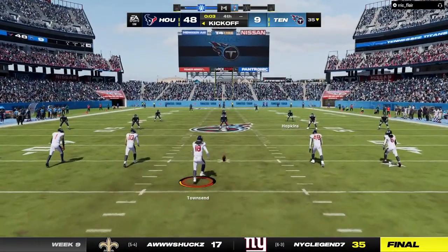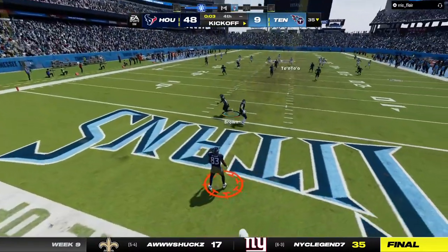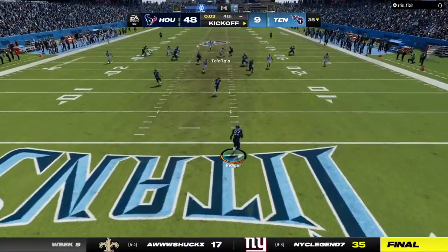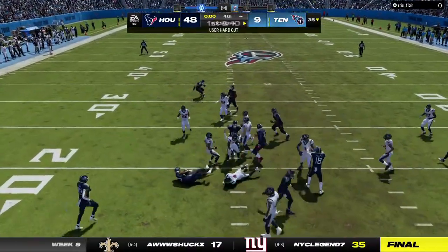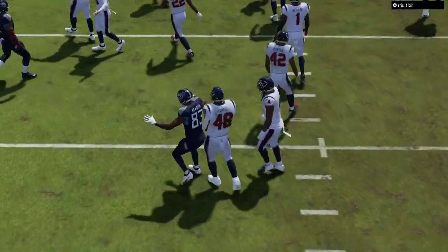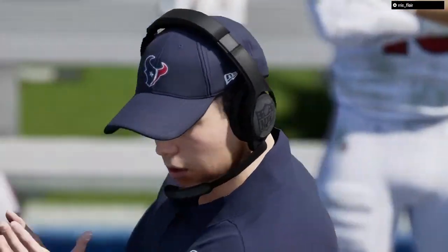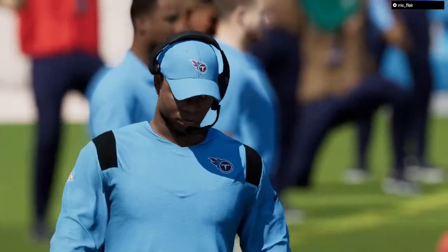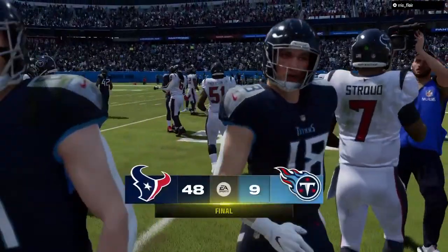These kickers now, it's like we take them for granted. Kicks like that used to be such a big deal, and now you just expect them to make it. Yeah, you're exactly right, and we shouldn't take them for granted, but I have a theory about it. You want to hear it? Yep. They are more athletic now than ever before. Talk about kickers. Trace their backgrounds, trace their histories. You'll find that they were big-time athletes all along, but their kicking was so prevalent that we made them specialists. Well, and now those 50-plus yarders